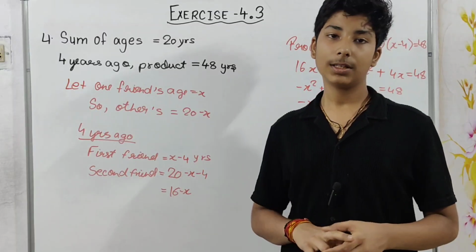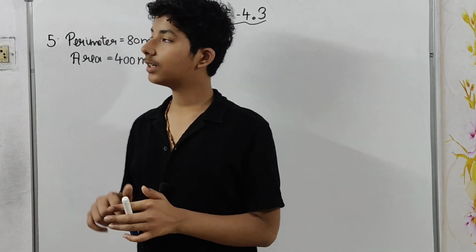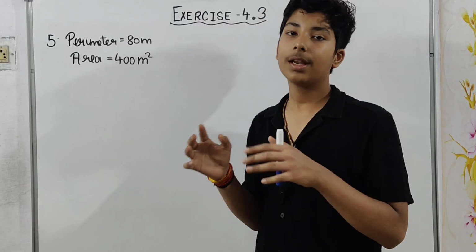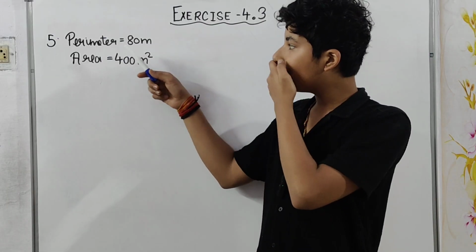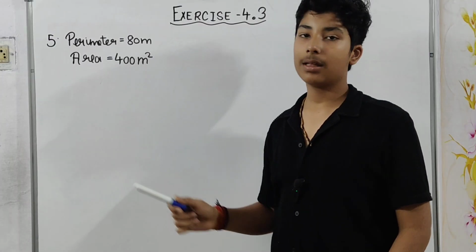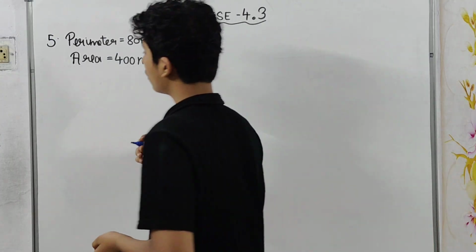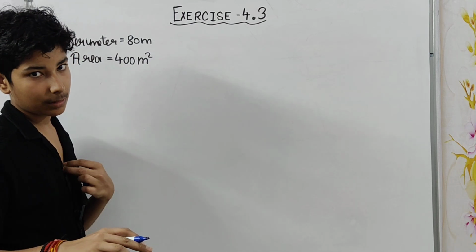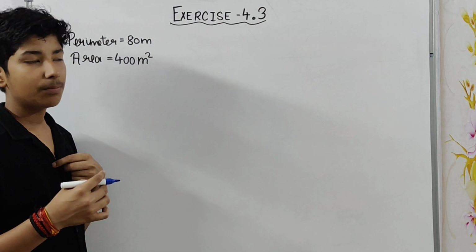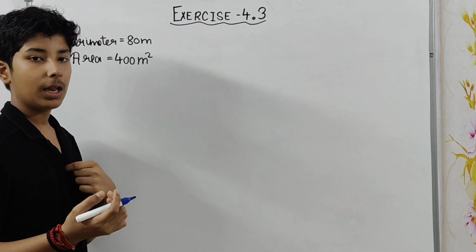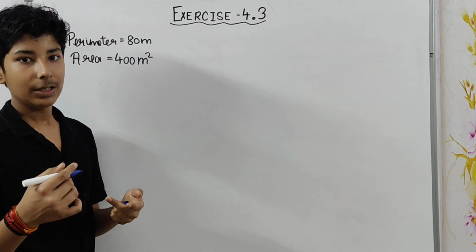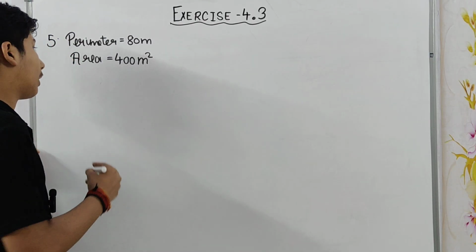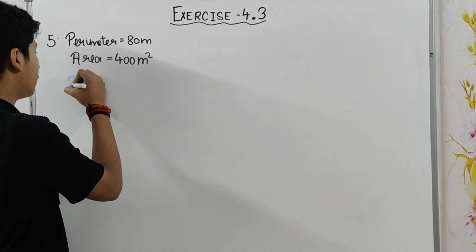Now we will come to our last question of this video. Here in this question, it is asked is it possible to design a rectangular park which has a perimeter 80 meter and area as 400 meter square? So we should not say yes or no from the starting. You can also do it by hit and trial method, but it will not be appropriate. You can solve it in mind using hit and trial, but surely we will have to solve it for the exam. Okay, so let's do it.